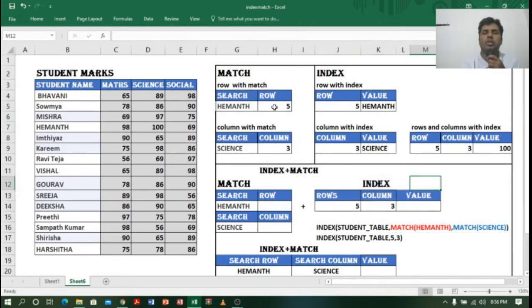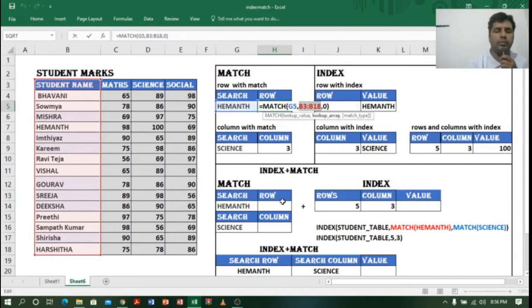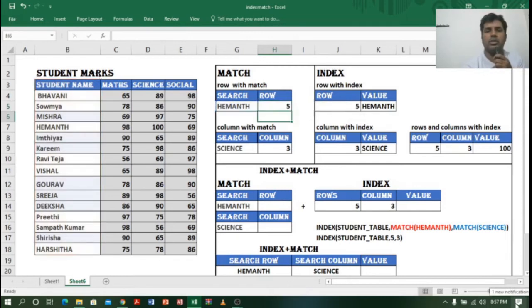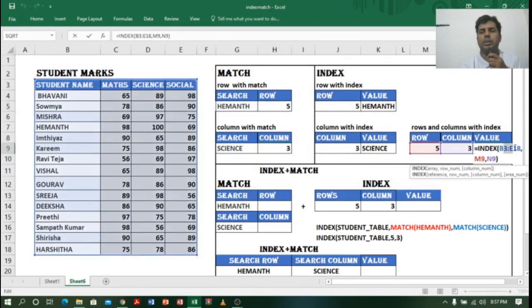For this I will just copy the same formula we have already done for the row, column, and INDEX. I will go here, but I will make the table array absolute, because it will change when I copy. So I will say okay, nice. Here also I will make them absolute. So press function F4, enter. Here also B3 to B8, E18, F4, absolute reference, enter. Nice. So now let me copy this one.